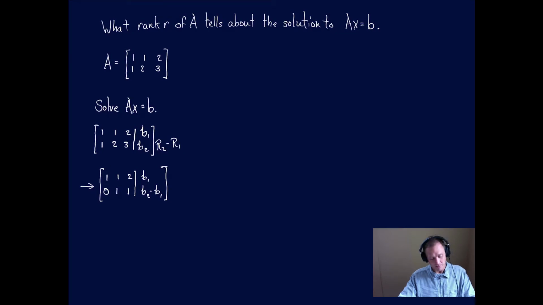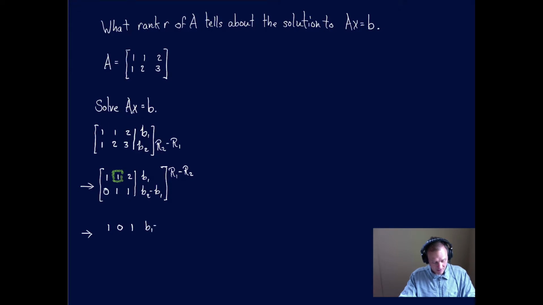And we have one last step to find our solution. We're almost to R. What we're missing at this point is right here. We need that to be a 0, the 0 above each pivot. Remember, reduced row echelon form means that there's a 0 below and above all pivots of the matrix. So let's take row 1 and subtract row 2 from it. Let's see what we get. That becomes a 1 minus 0, a 1 minus 1, a 2 minus 1, that's a 1. And then we're going to have a B1